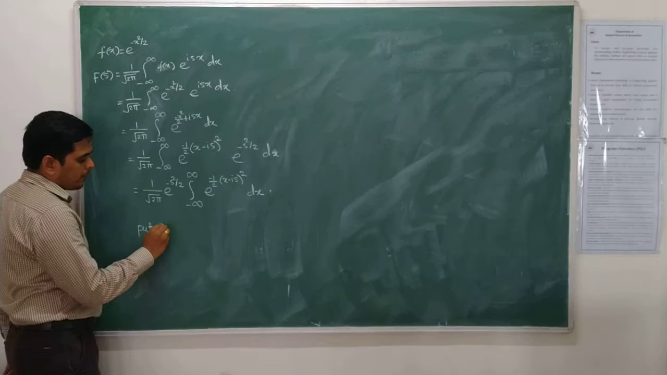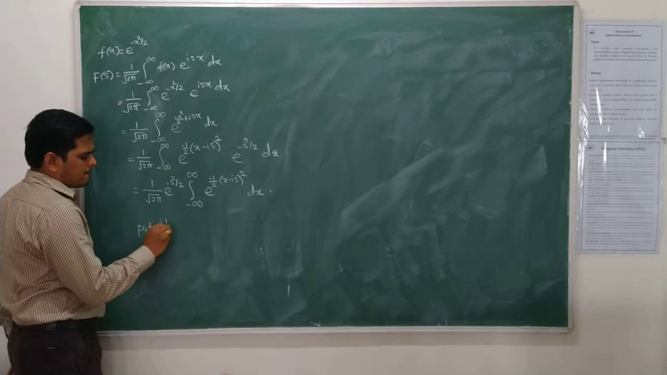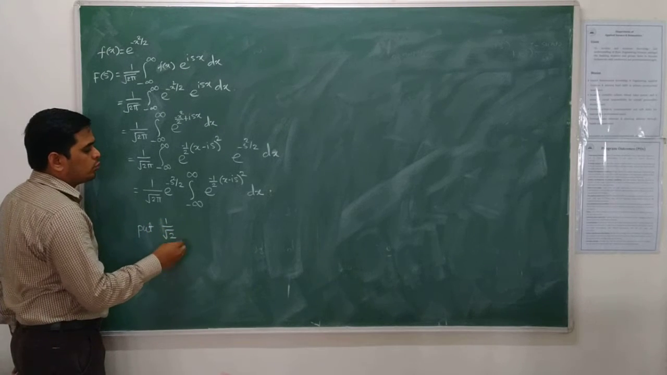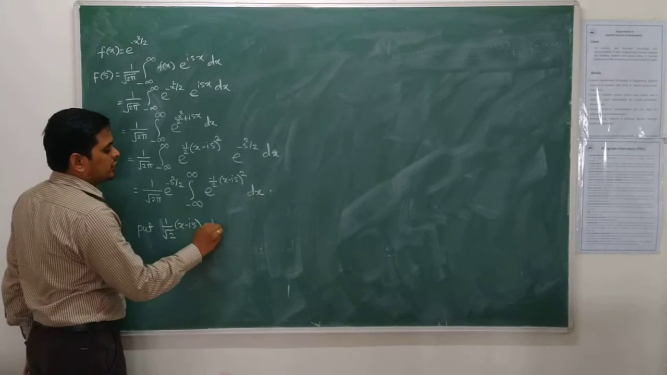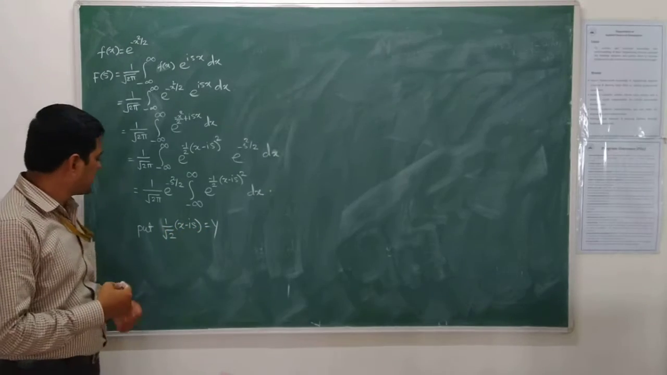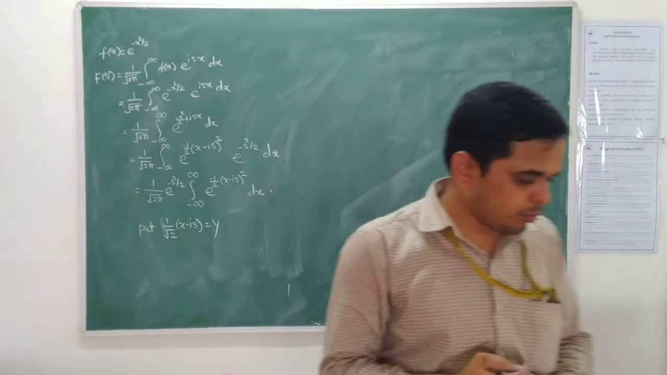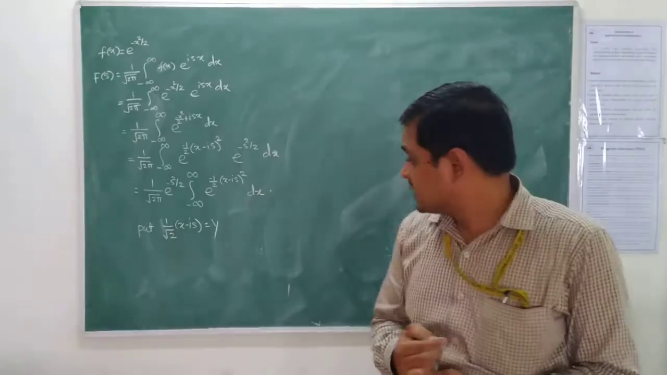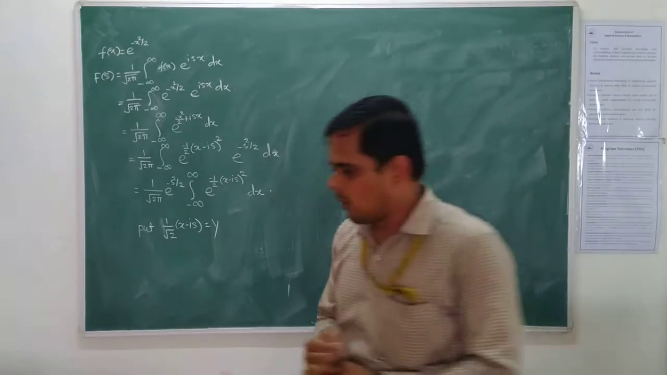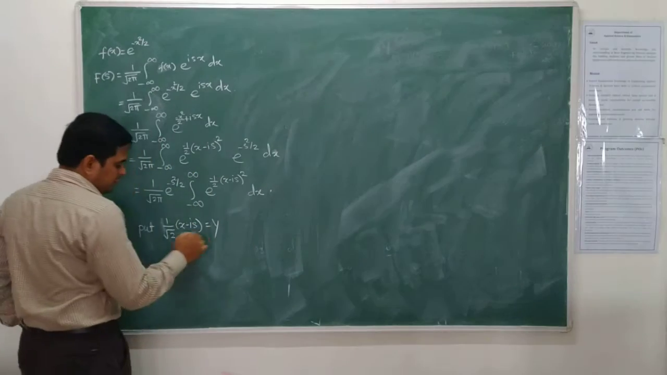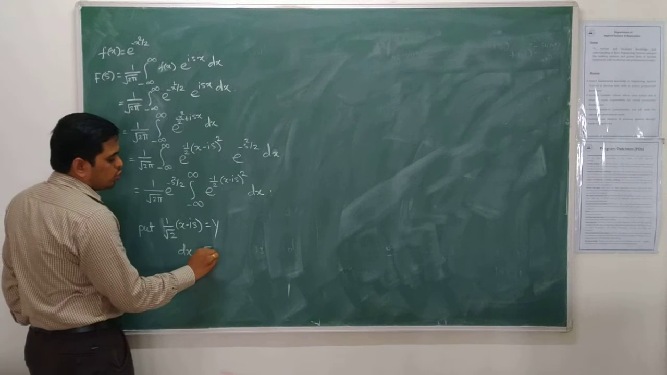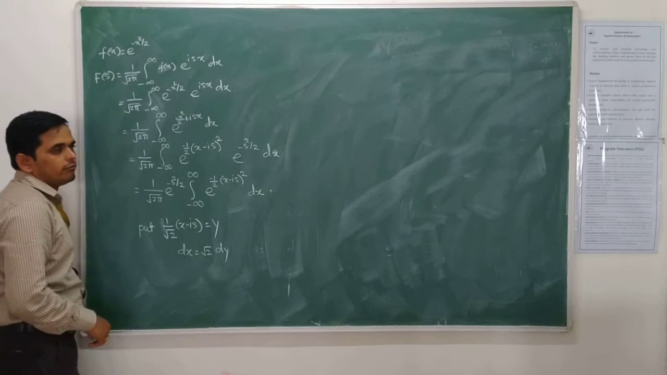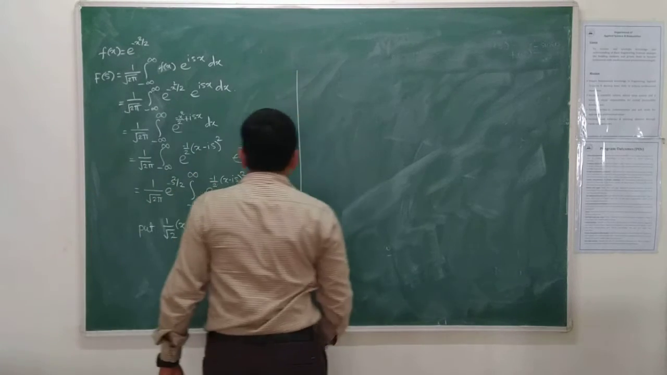Put 1 upon root 2 into x minus i s is equal to y. We are making the substitution. Therefore, differentiating on both sides, we get dx is equal to root 2 into dy. So hence my integral becomes,